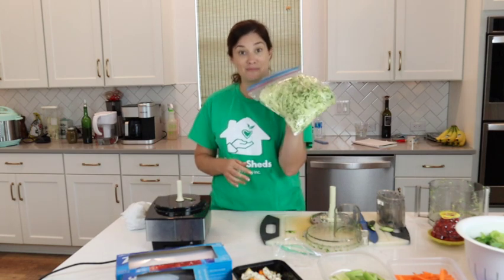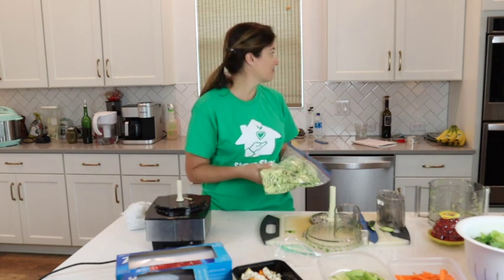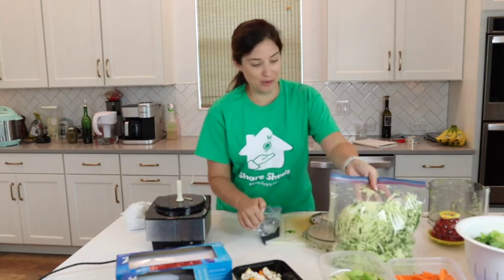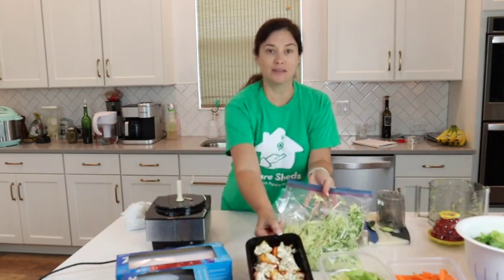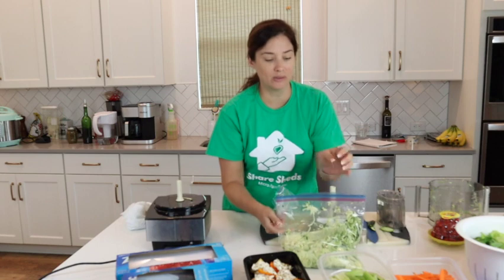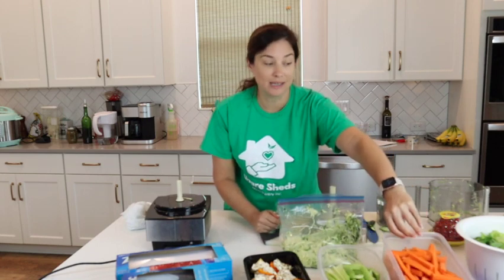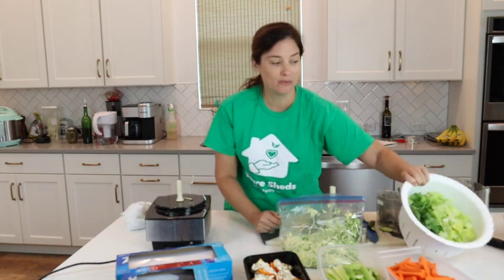So, all right, I got some zucchini that's shredded here. It's time, with 1 minute to spare, to go do pickup. But look at everything that we made. Shredded zucchini. We got these cheese stuffed peppers with the bagel seasoning. We've got chopped up celery. We have some sliced carrots for snacking. We've got some diced